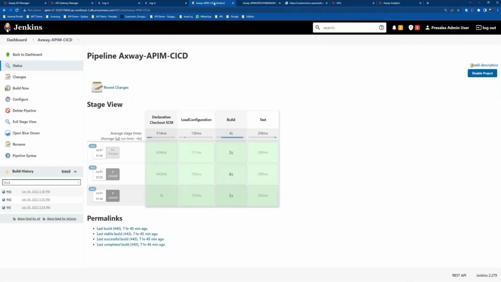So for that tool, I'm using Jenkins. I think Jenkins was mentioned in the example also. This can be any CI/CD tool that you need. And I created a pipeline called Axo API and CI/CD,